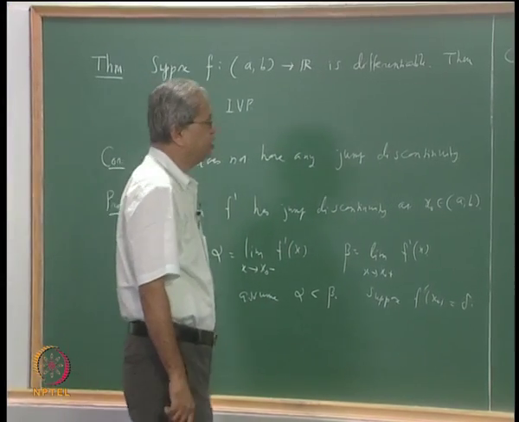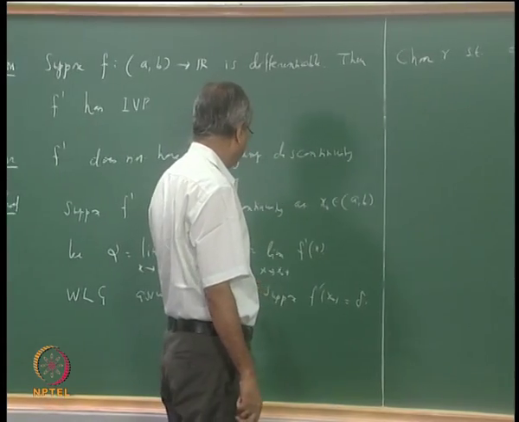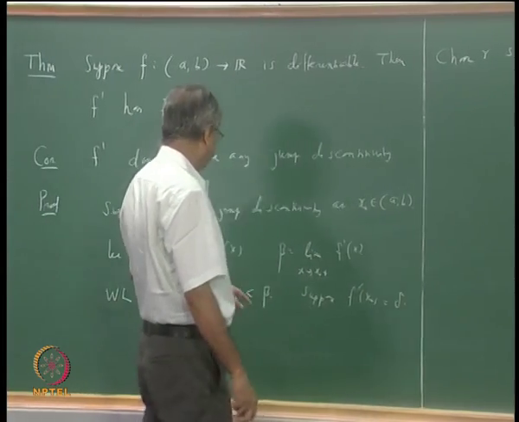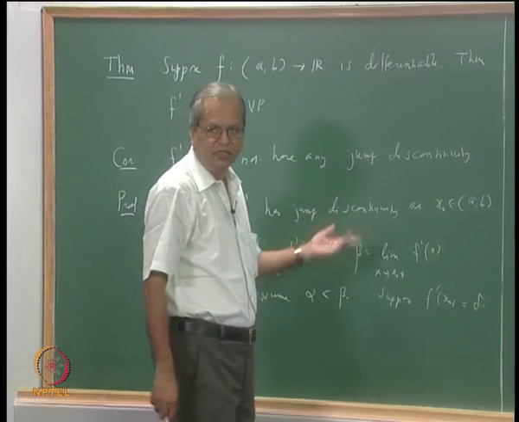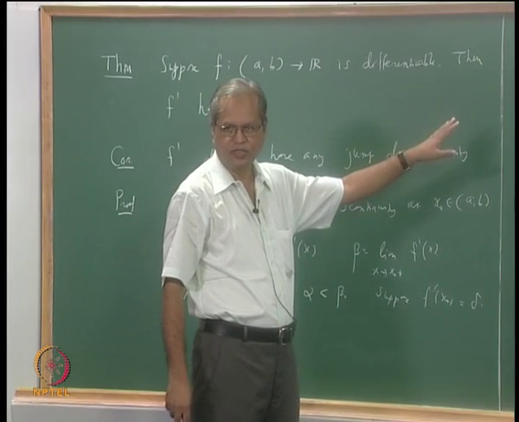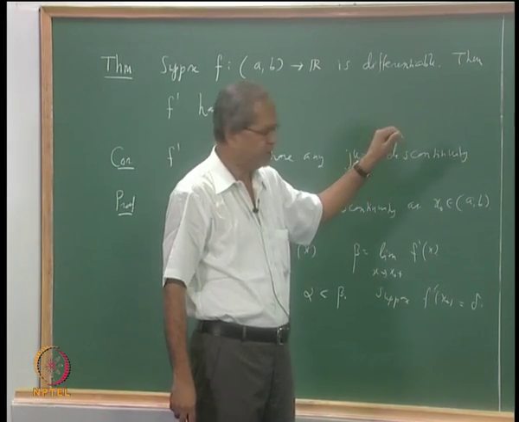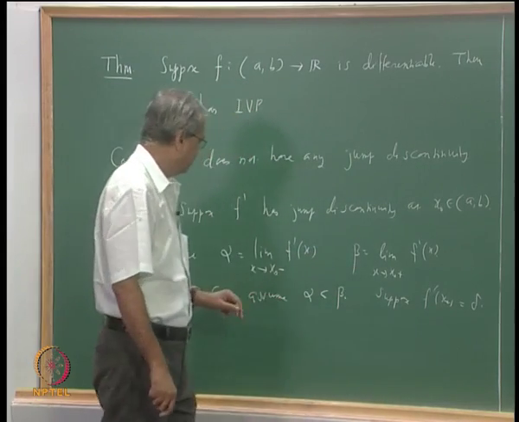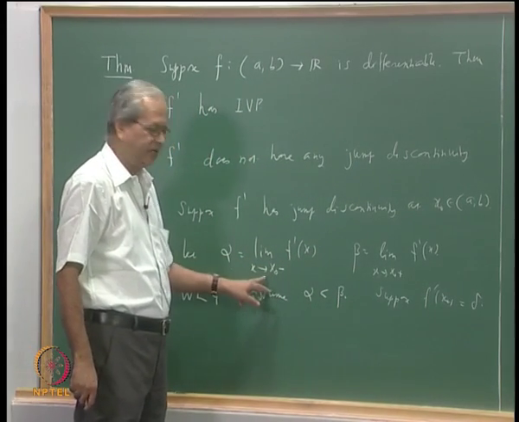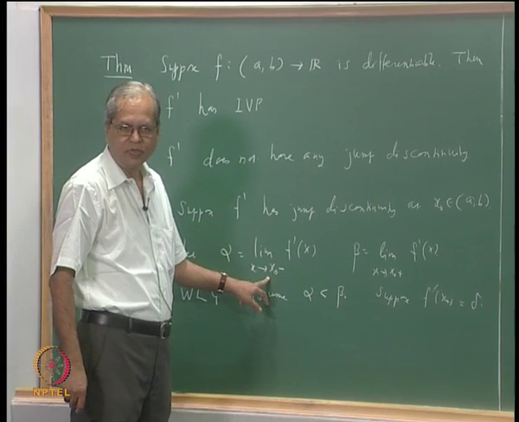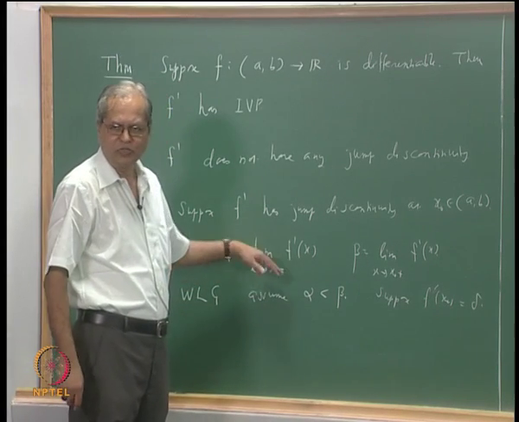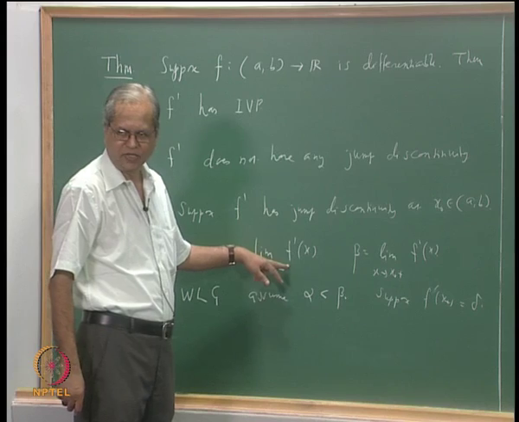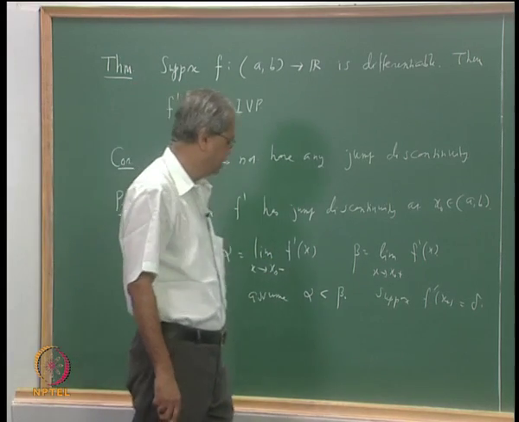Now, if we knew that at some point f prime x is alpha and at some point f prime x is beta, then we could have said that at some point it has to take the value of gamma, but that is something that we do not know. Okay. All that we know is that the limit of f prime x as x tends to x naught minus is alpha, but does not matter. Okay, we can use that fact that this is the limit. So we can say that